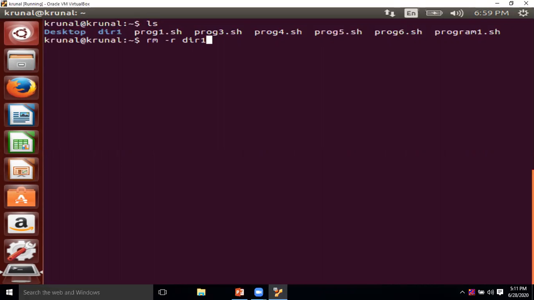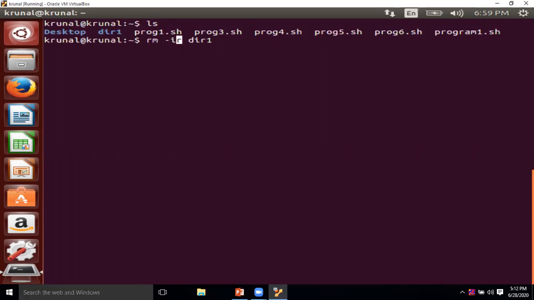But if I want it to be interactive, it means whenever I want to remove any directory, it should ask me whether I really want to delete it or not. So in that case, you need to use this hyphen I option.